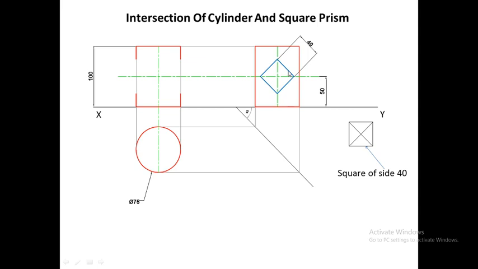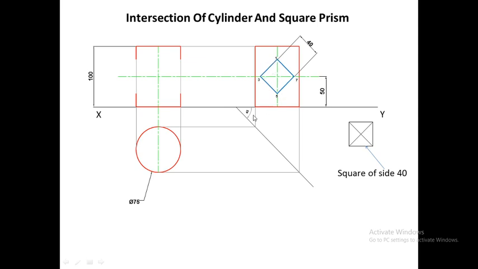Now after drawing the square in the side view, we will project the top view and the front view of this square prism. So we will project the top view first. Before projecting, we have marked the corners as 1, 3, 5 and 7. It is not necessary to mark the same points. You can name the points in any way as you like. But here I have marked points as 1, 3, 5 and 7.